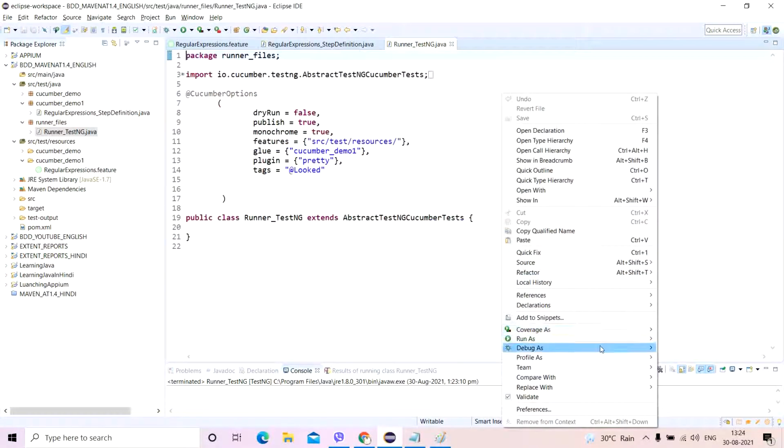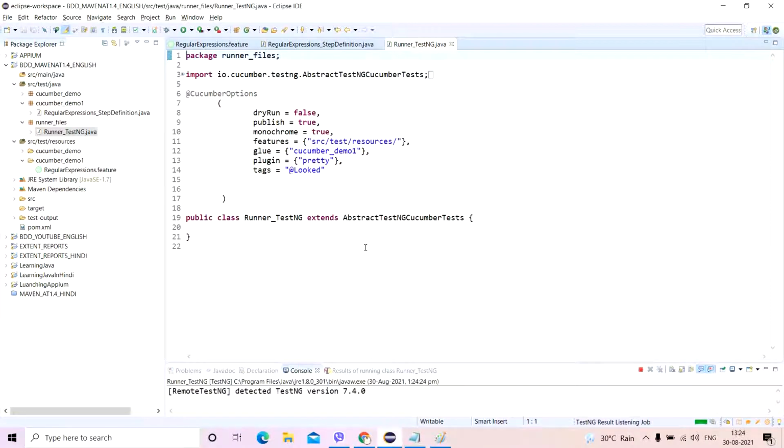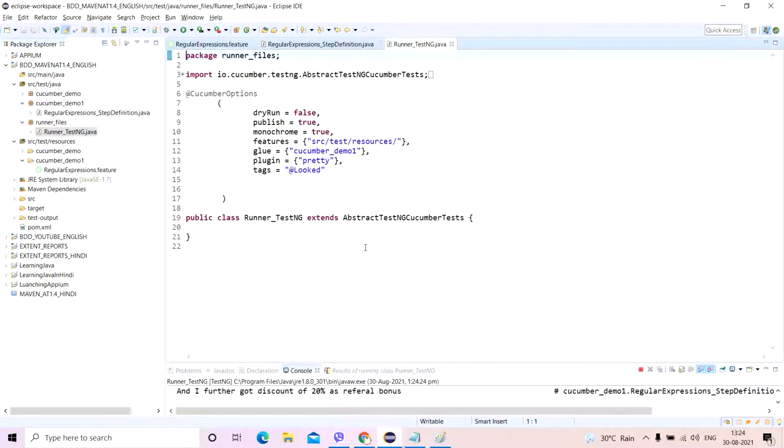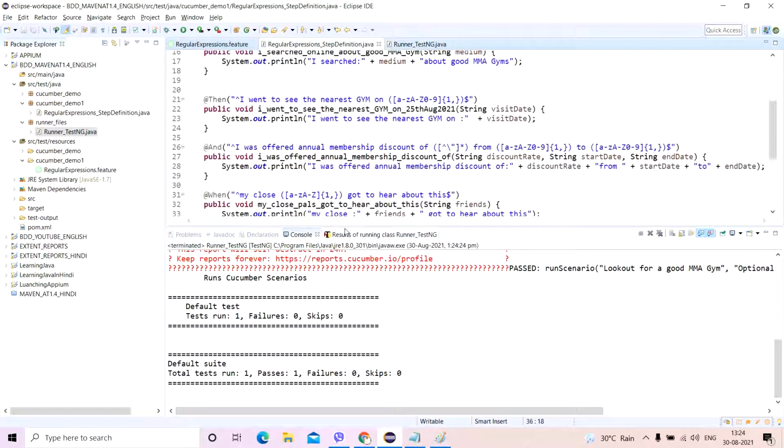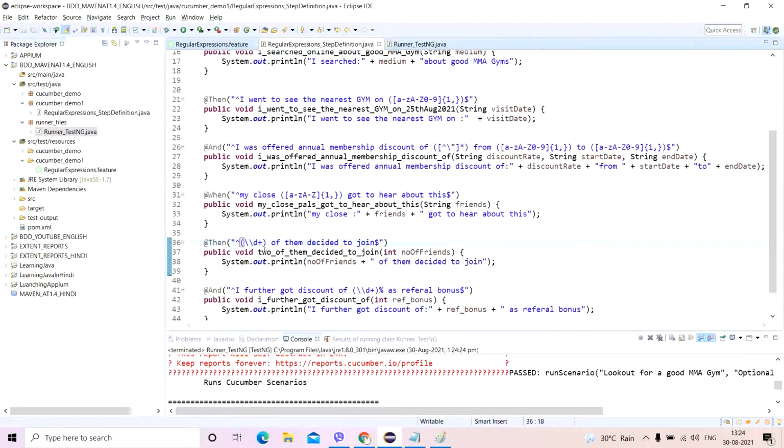Let me run again. Probably the space was creating a problem. See, just because there was a space here, in row number 36 I had put a space, it was creating a problem. So make sure that you give the accurate amount of spacing in between these things. So now this thing is actually working fine.